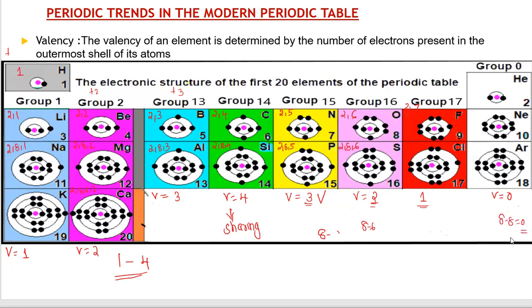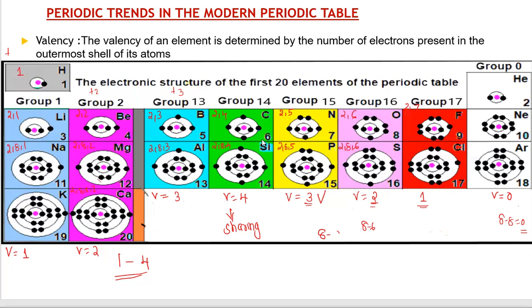Is that clear? So I repeat, if 1 to 4 electrons are there in the outermost shell, how to find out valency? That same number. What is the number of electrons? That will be their valency. If greater than 4, then you have to subtract that valence electron count from 8. Then you will get the valency. So here, as we move from left to right, now how valency varies in a period and a group, that we are going to discuss. Okay, now you understood how to find out valency.